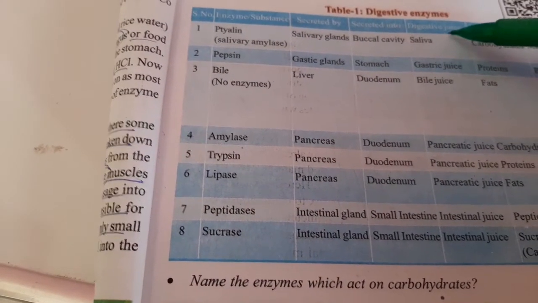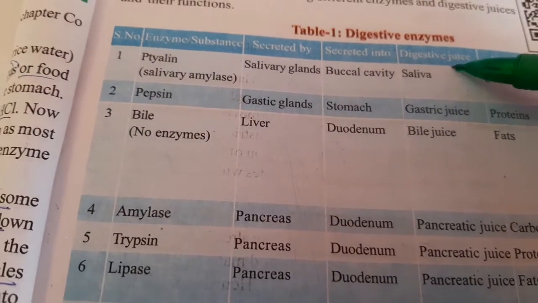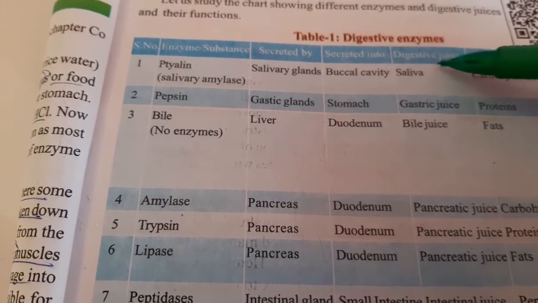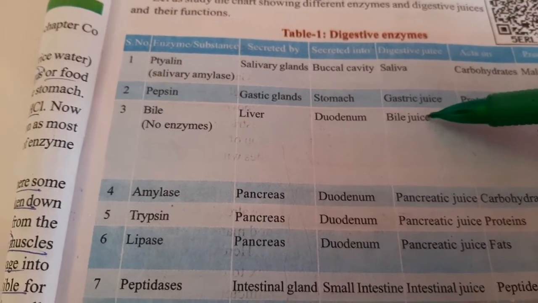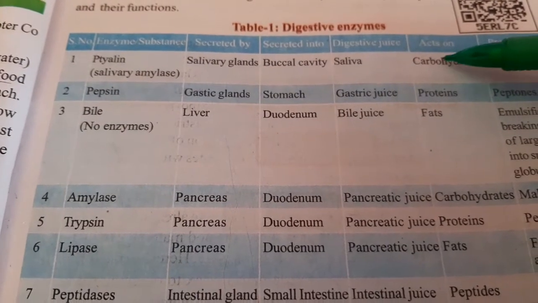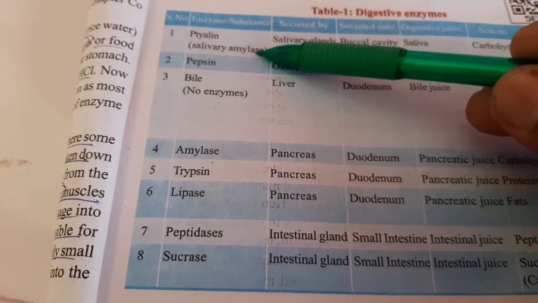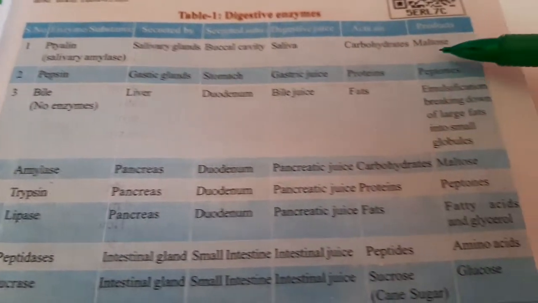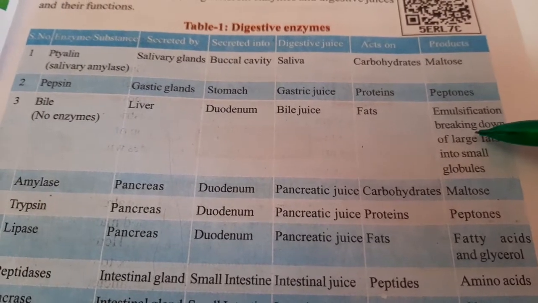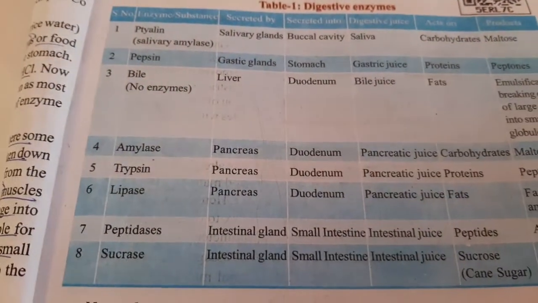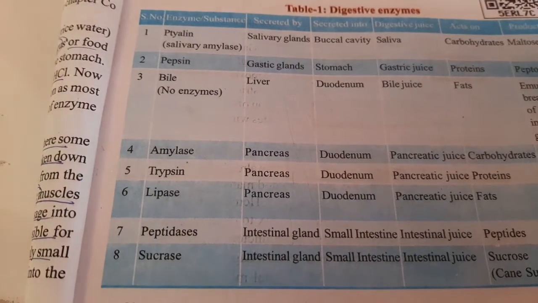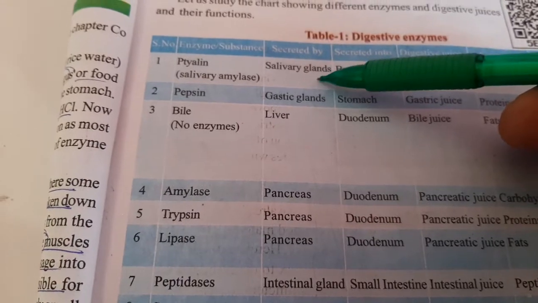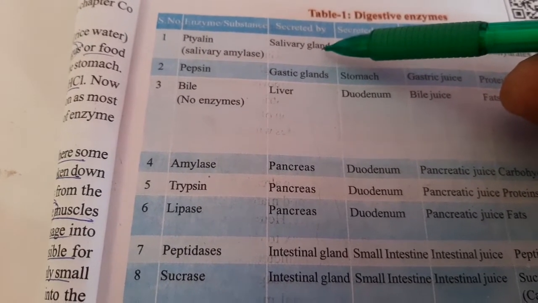And so digestive juice. So the digestive glands produce digestive juices and acts on. So this particular enzymes acts on which nutrient? So that is, and what are the end products? So these are the tables. So students, observe this here. First of all, observe the glands, digestive glands. Digestive glands which are located in our digestive system.